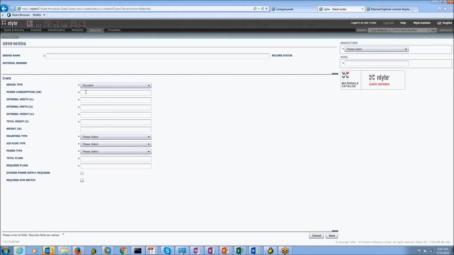This is the height and the depth and the width and how much it weighs, and how it's mounted. Is it floor standing, or is it shelf standing, or is it mounted in the rack? How is its airflow defined? Is it front to back, or left to right, or top to bottom? Its power type, any plug information, so how many total plugs are required and how many does it have? So a number of properties that I can use here to define my server material that would be some sort